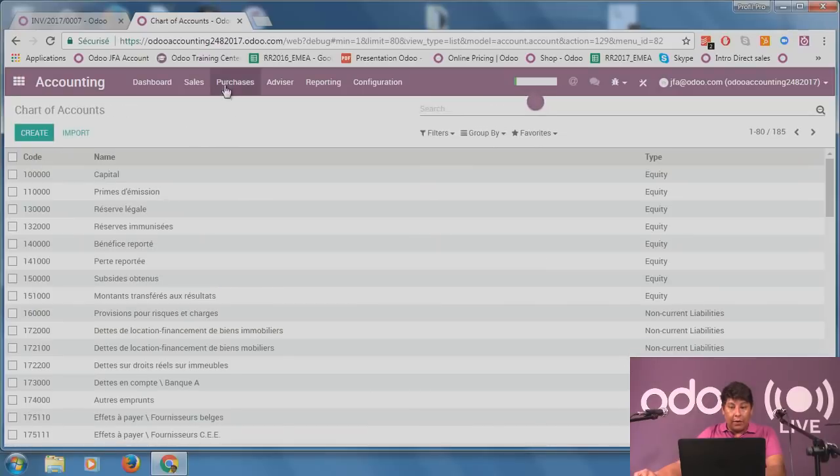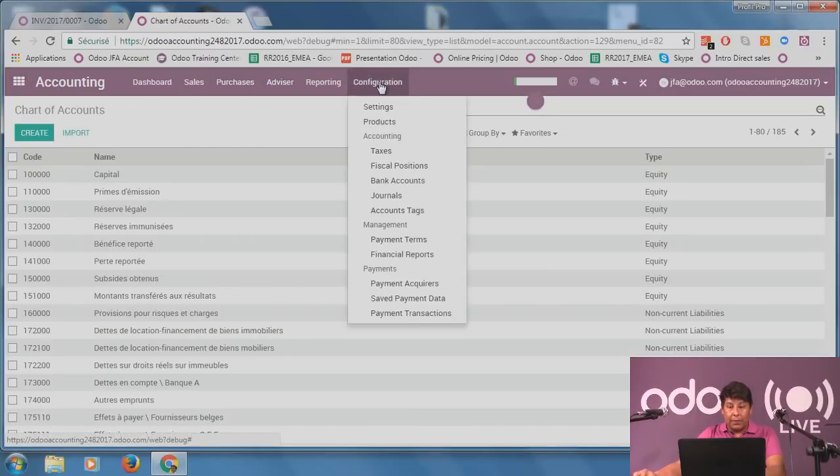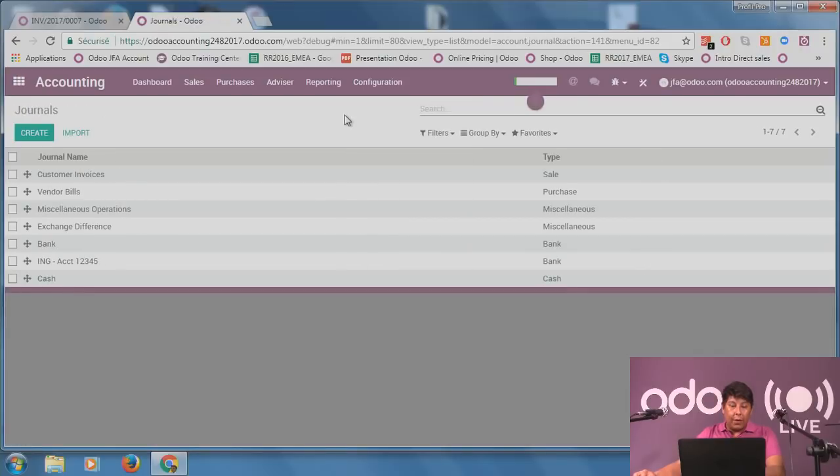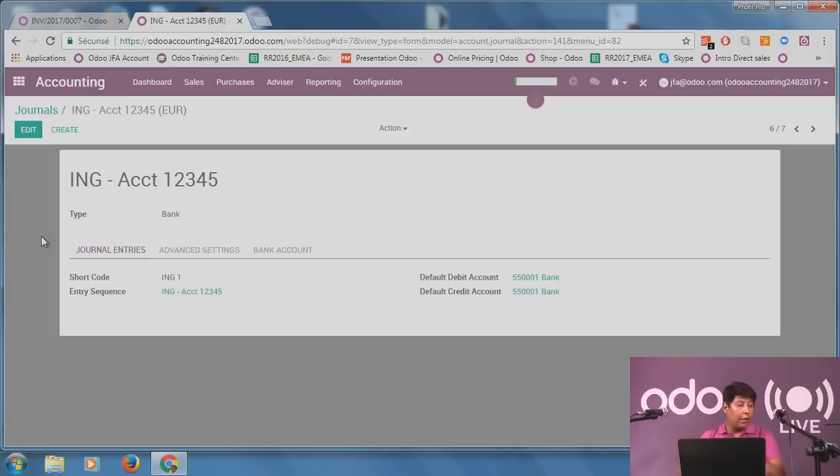So let's just quickly go onto the ING bank account that I created. So it's a journal. Here in your journals, you'll be able to create as many journals as you wish, okay? Of course, by default, you always have these: customer invoices, vendor bills, miscellaneous operations, exchange difference, bank, and cash, okay? Here in my journals, I have created a new one, which is the journal account that we just used,